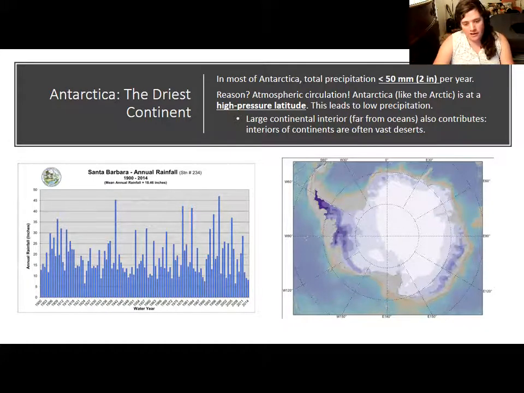Most moisture that does reach Antarctica, you get it on the edges, then you go to the interior and it's dry as a bone. And there's really just not much in the way of wet years in Antarctica. If you look at this precipitation map of Santa Barbara, you can see that even though we've sometimes had years where we got 7 inches of rain or 6, not that far off from 2 inches, there have been other years where we had 45 inches of rain in the entire year, or 47, or on average something like 17. You'll notice if you look closely, the red line demarcates the average rainfall in Santa Barbara. And as you can see, the average is somewhere near 17, a lot bigger than 5. So we kind of live in a desert, but nothing compared to Antarctica.